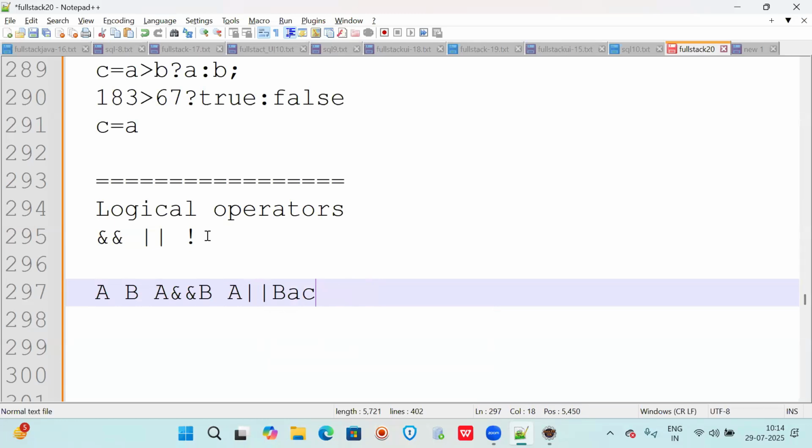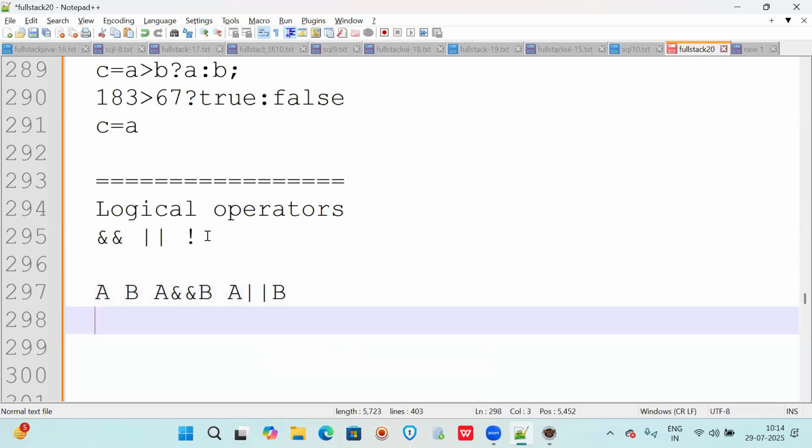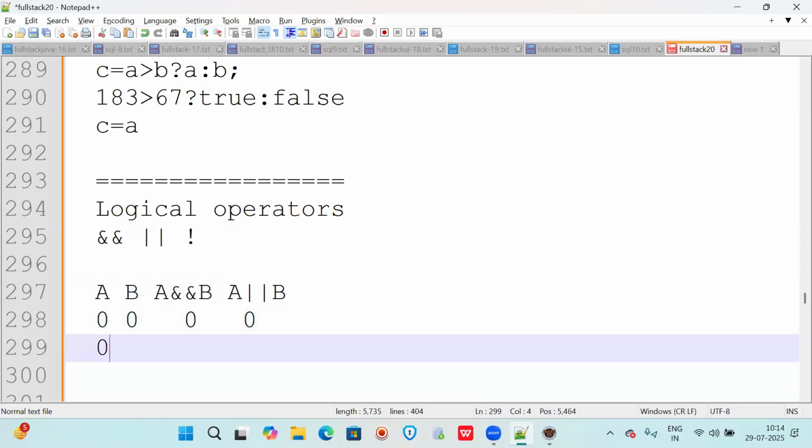Not means exactly opposite. True means false, false means true. Suppose here this is 0 and then 0. Then what will be the result here? 0 and 0 means false. First is 0, second is 1. What will be the result?